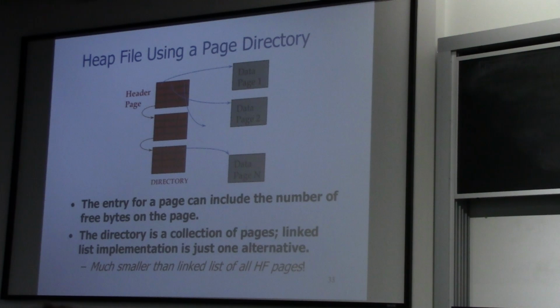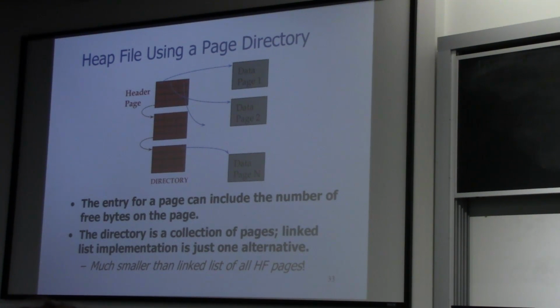So fetching data and updating, those are more efficient here. Of course, what's the downside? The downside is your overhead is higher in terms of how many header pages you need to maintain. In alternative one we just talked about, you only have one header page, no matter how big your file is. Does that make sense? No matter whether your file has 100 pages or a million pages or a billion pages, you have only one header page.